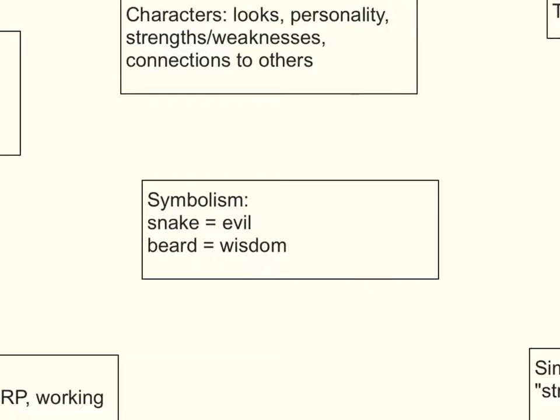Also, we can look at symbols. Symbols are also usually used to emphasize important aspects of the plot or the story that seem to be important for the main topic of the story. Like, for example, in Harry Potter, snakes are very prevalent or very common, and snakes are the old representative of evil. Also, we have Dumbledore's beard, which is an ancient sign of wisdom. A person with a long beard is also a wise person.